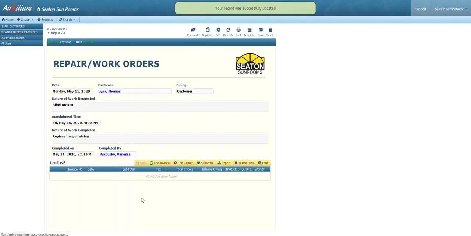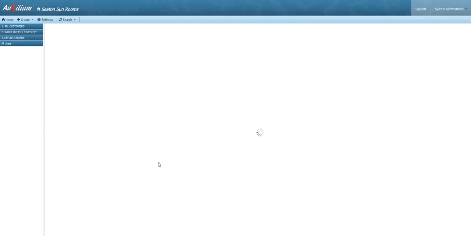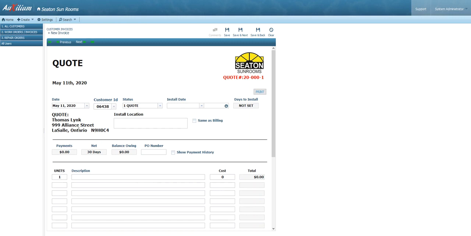So now that we know the customer is going to pay for that, then an invoice would be generated right from here by just simply saying add an invoice. Here's the customer, here's the install location. And again, this is that feature that you would use if this was, say, a contractor or a home builder. You'd be able to put in multiple locations for those installs. So here it is,